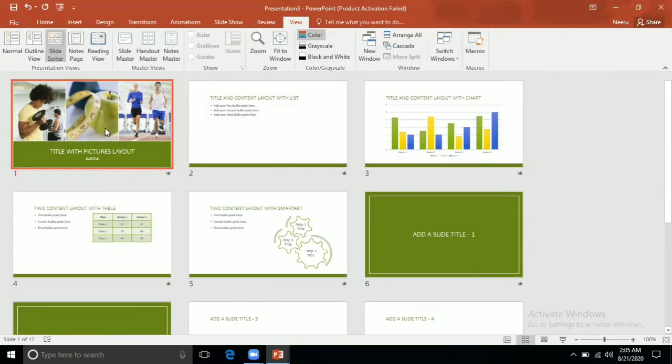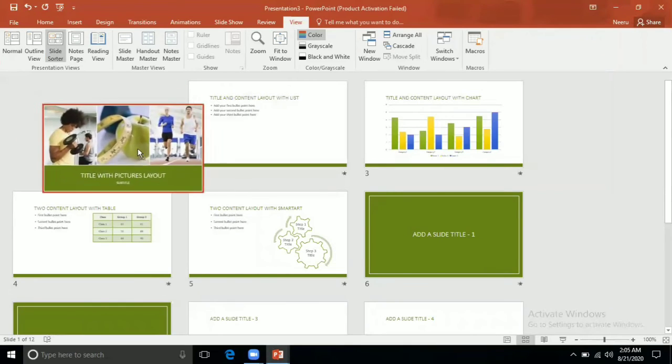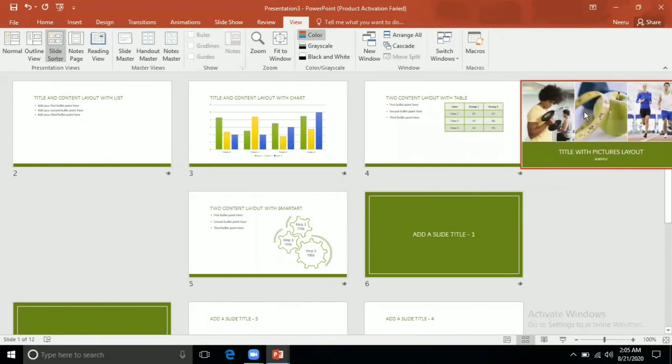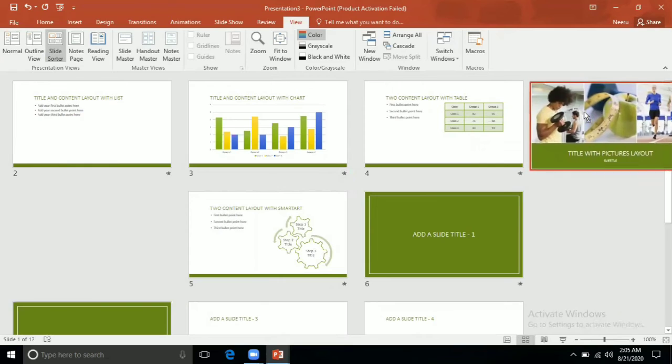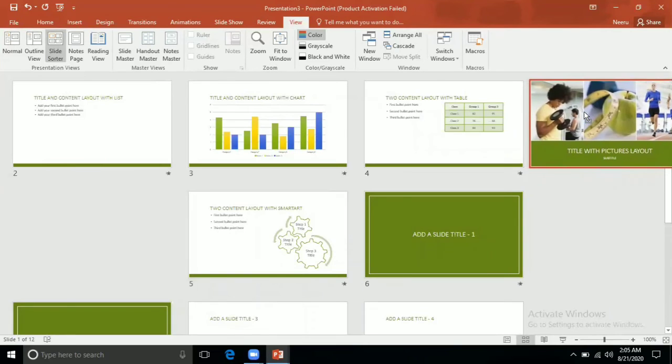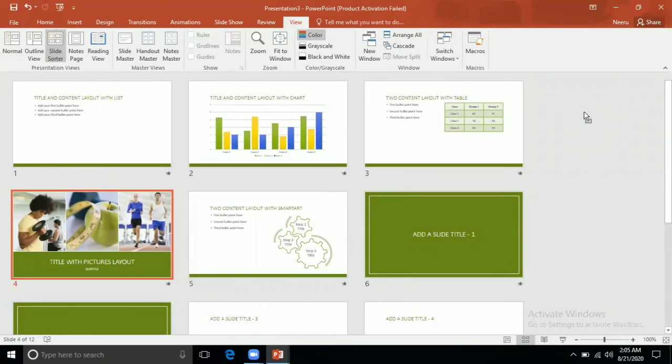So I will select this slide, press the mouse left click and drag, and wherever you want to drop it, just drop it. After the fourth, I want it. Don't release the mouse left click. When your location is decided, only then release your mouse left click.